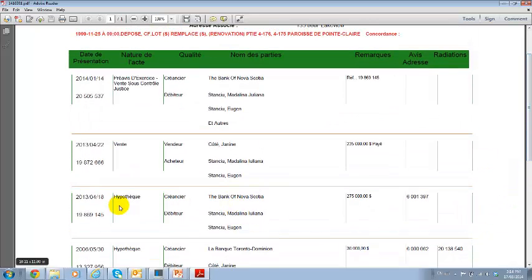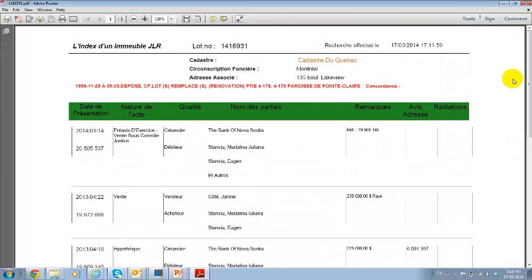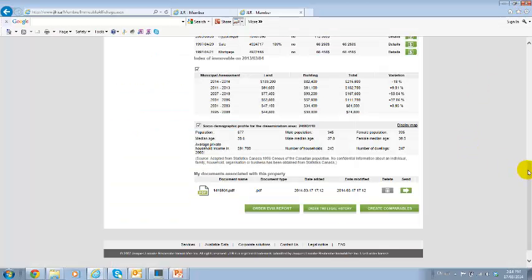This mortgage here goes back to April 2013 when they actually bought the property. And you see it's 275. They bought the property for 235. And so on. So this is very interesting, and it was just ordered from the land registry office, le registre foncier, 2 seconds ago. And this document can be printed, can be saved because it's PDF, and it will always